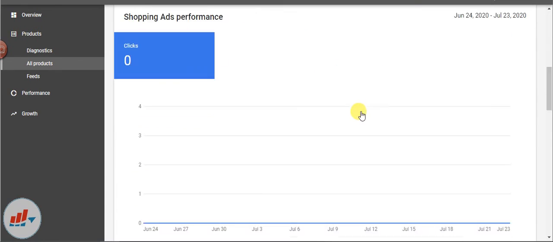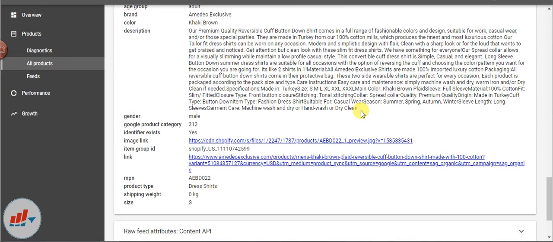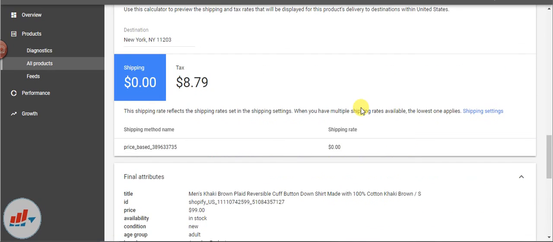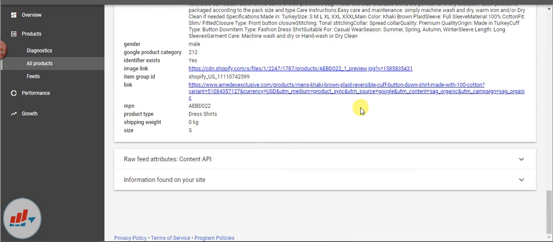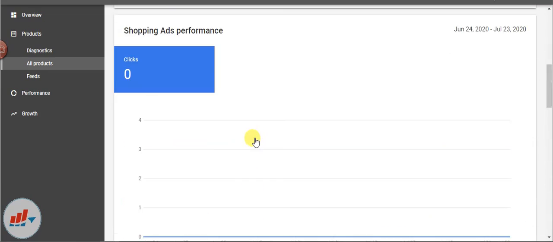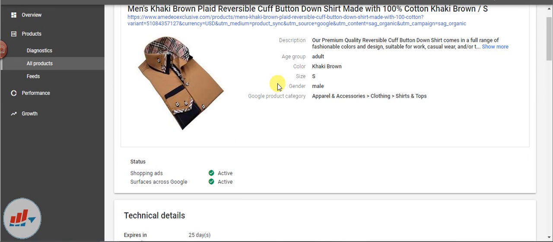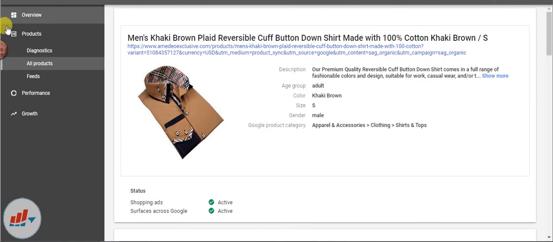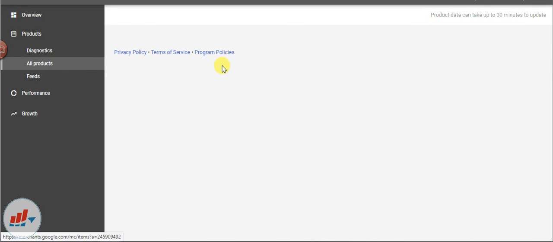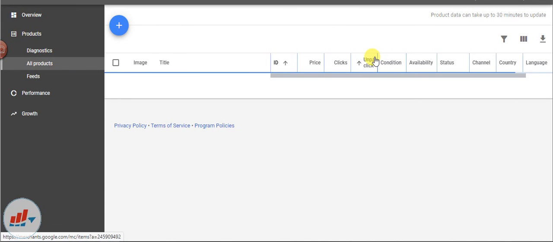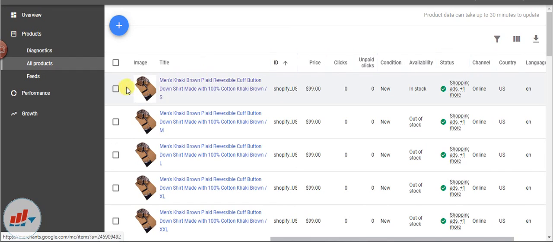Currently there are no changes done, but when the changes are automatically fetched from Shopify itself, when everything is good, the changes will reflect here automatically.